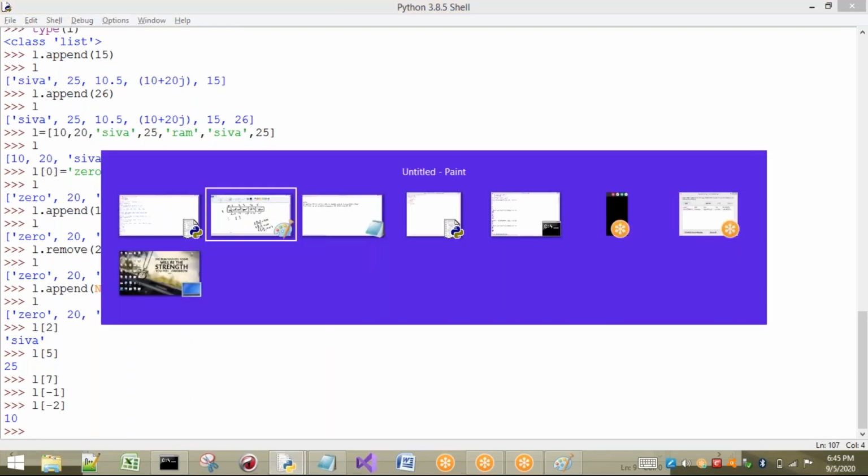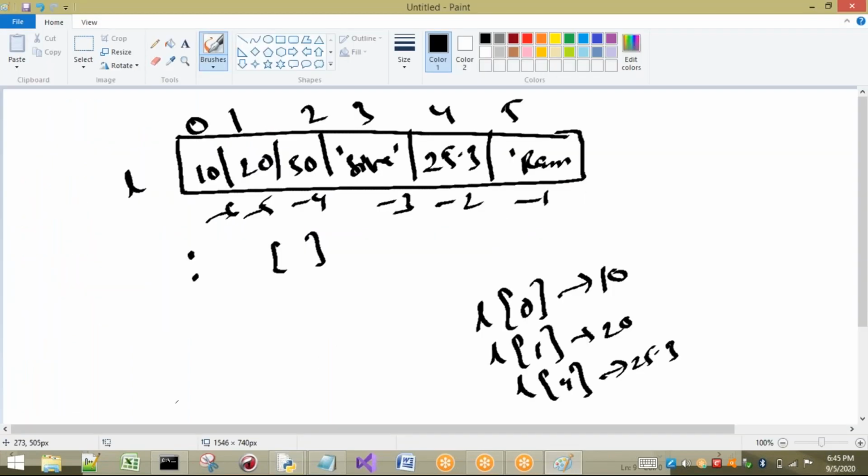Now I want to use the slice operator. You already know about the slice operator; we have seen the concept in our strings. That means I want to print a range of elements from one position to another, a sequence of elements. If I want to print from 0 up to 3, what do I have to use? L of, from where you begin to the end, which is 3. But here I have to write 4. The reason is that automatically it will take up to 4 minus 1.